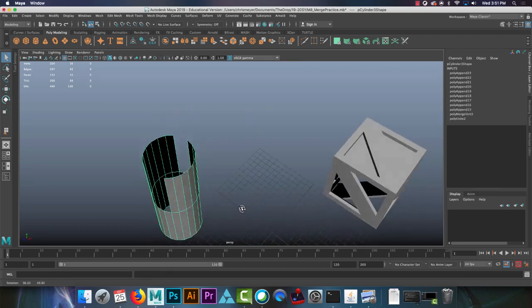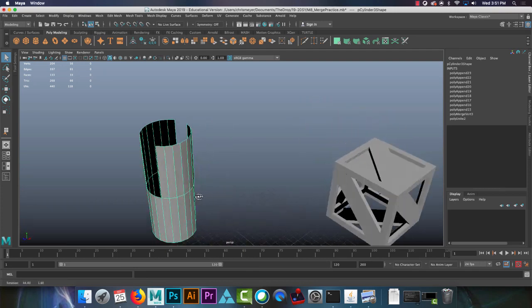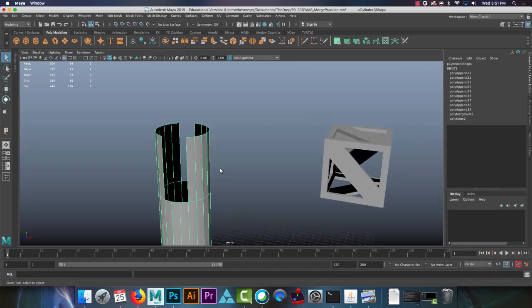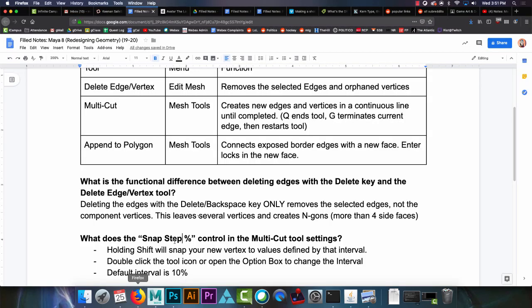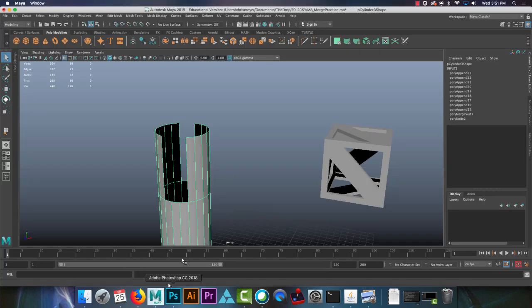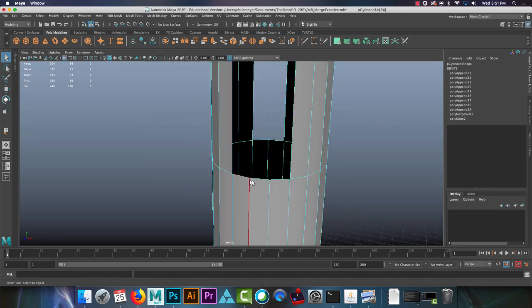Alright, so we got all those done. I have a gap here of 3 faces, one over here of 2 faces, and then 2 faces over here. So what do we do in this instance? Well, if it's not easily appended, you can actually do it manually using extrude. So that's why I just referred to it as basically extruding a face across, because you can do it manually with extrude. So if I go ahead and take these edges,